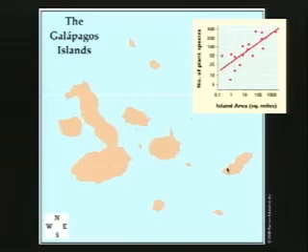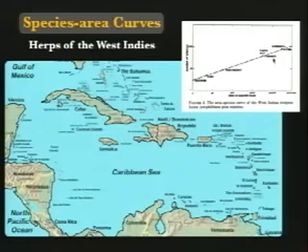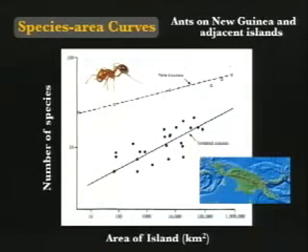It's generalizable. Parks in an urban environment. These could be parks in Los Angeles, something like that. Those would be insular environments in an urban environment. The West Indies, the Caribbean, islands of different size. The herps, the amphibians and reptiles of those islands in relation to the size of the island. Just another example to reinforce the empirical reality of those relationships for islands.